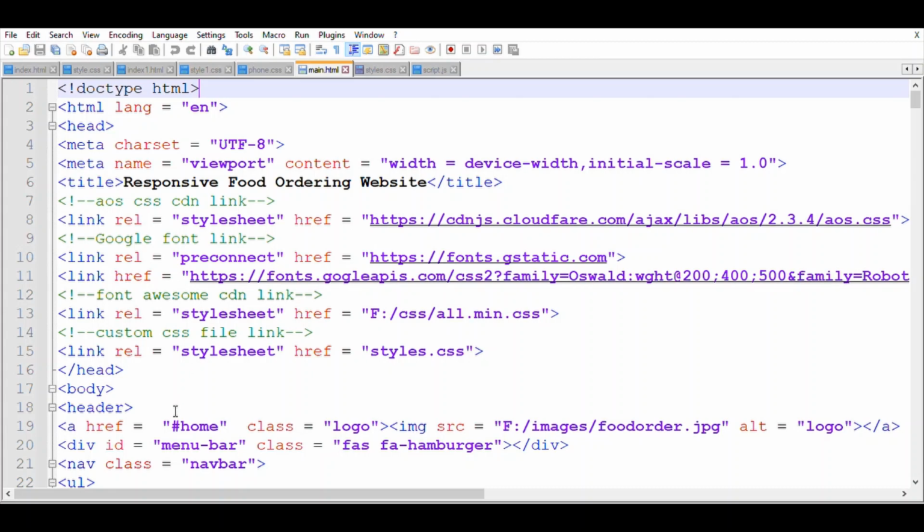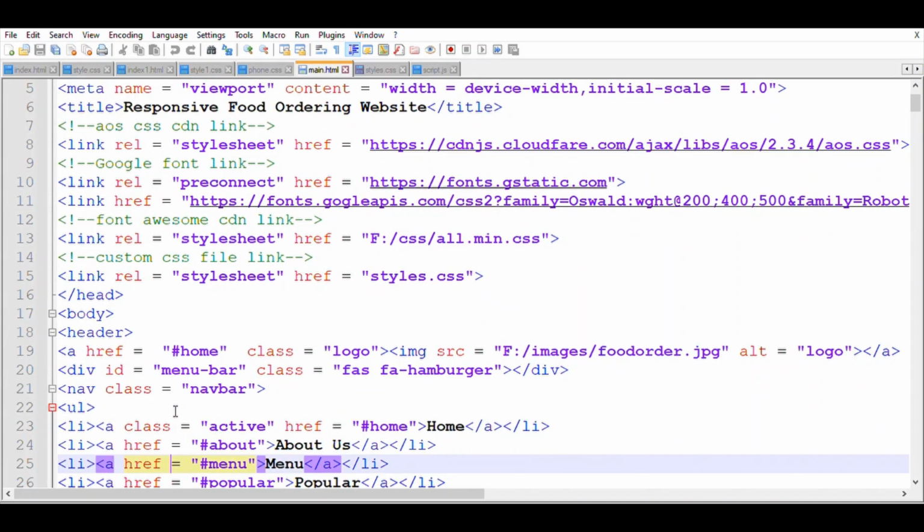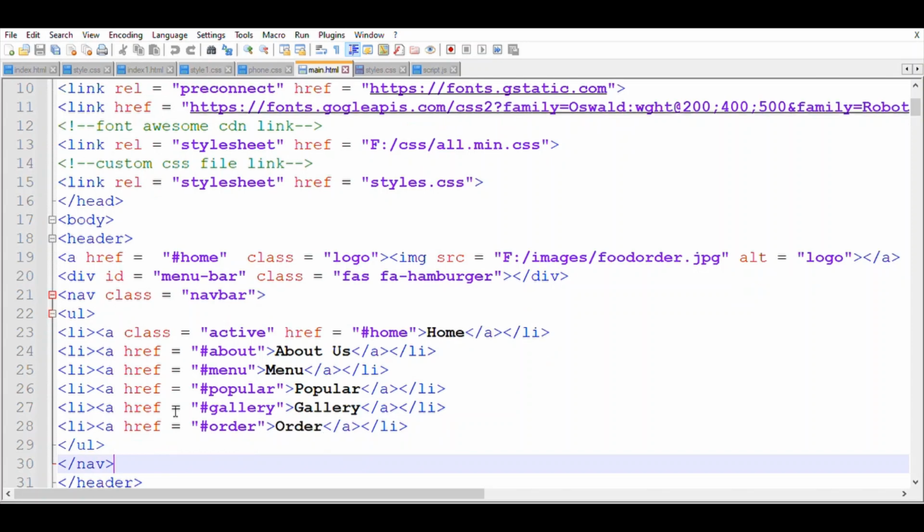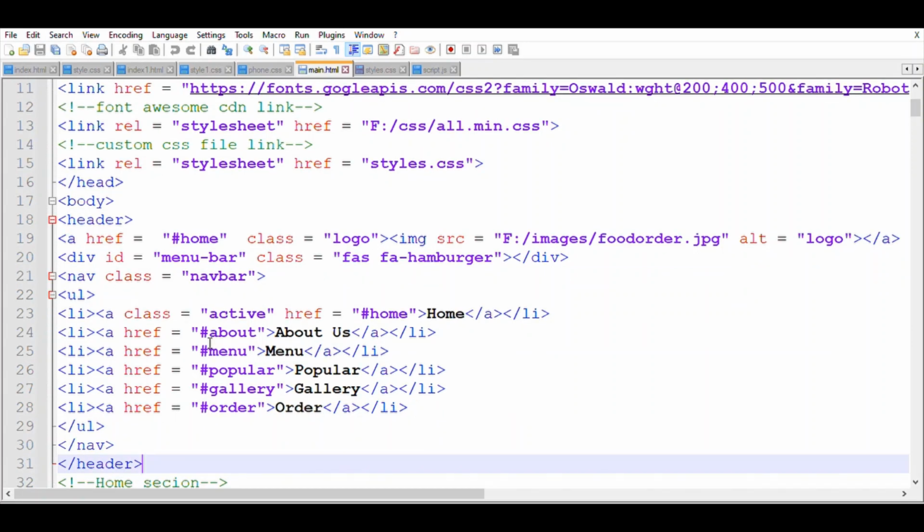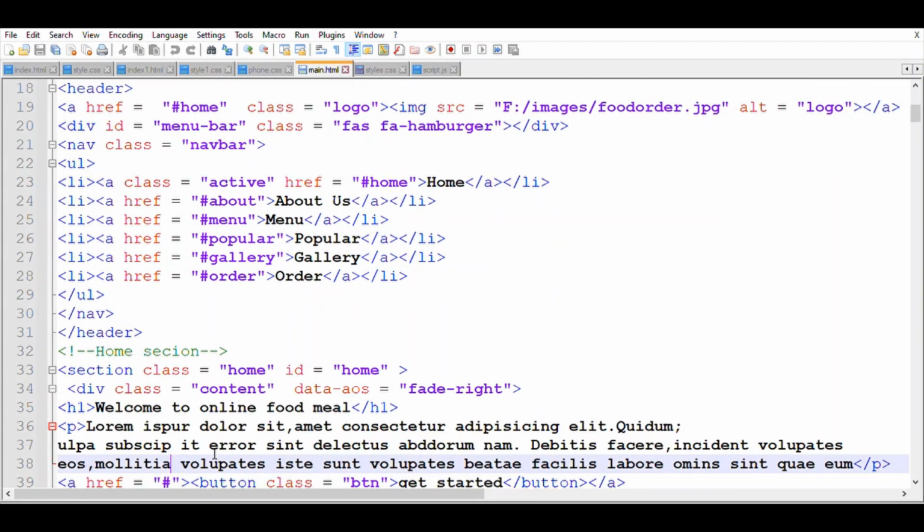Now let us see the home section. In home section I have created a navbar for home page, about, menu, popular, gallery as well as order. This is my home page.